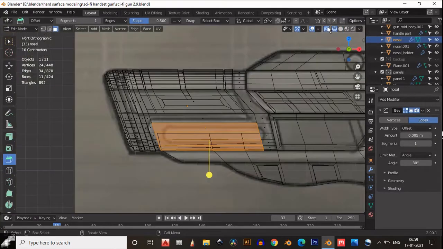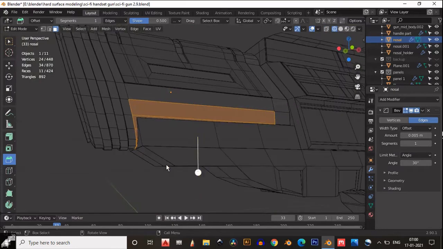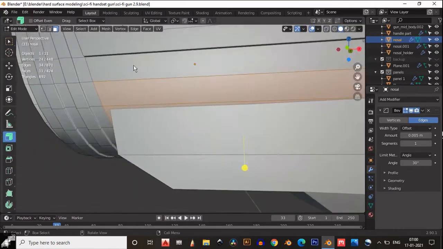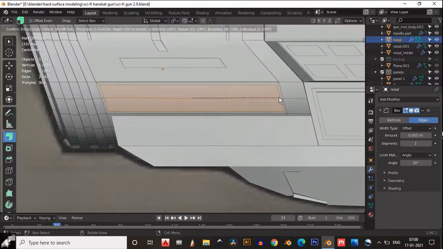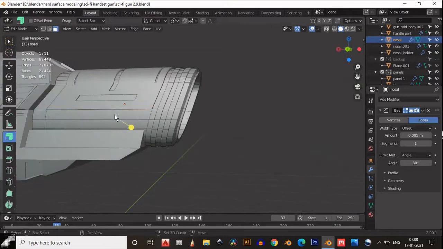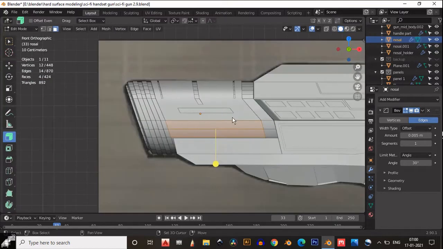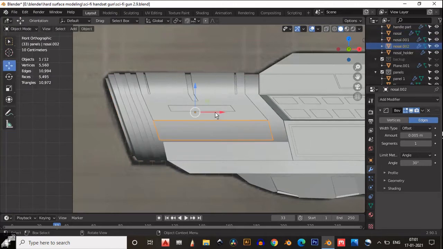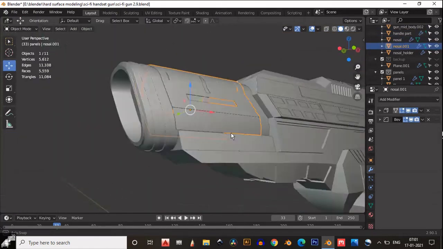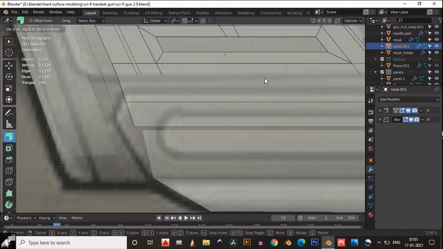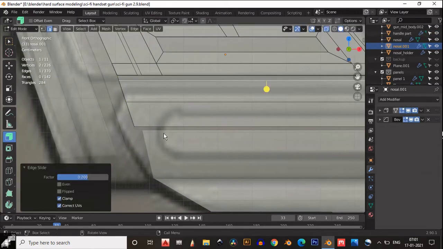Now Shift D to duplicate this face and then press P for selection. You can create the same kind of thing with that part, but I didn't use that. You just need to select these faces and Shift D to duplicate and press P to separate by selection. And then you need to join this part with the last part, with the top part. So simple. Then we don't need to add the solidify modifier for this part also.